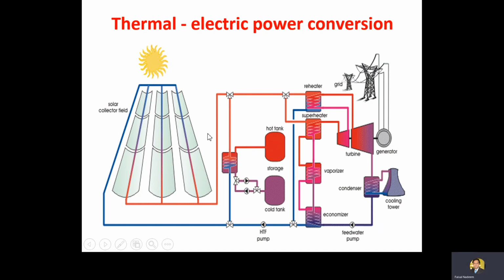And at the time of the day when we do not have that much sun, or in the evening, then this molten salt that is stored in the hot tank will come into this heat exchanger. It will then heat up the water, and the cold salt, or the salt with less temperature, will now be stored in the cold tank. The heat that has been grabbed from the hot tank molten salt is used for heating up the water coming from here, and this water will now go to the superheater or the reheater, and the steam will be used for the turbine.